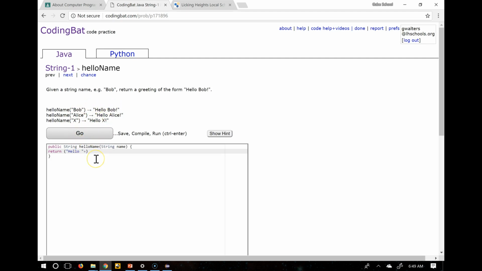So I'm going to put a plus and I'm going to type name. I'm not going to type Bob. If I type Bob, it will only work for one case. So if you want to see it like that, if I type Bob, and then we know that we need to have an exclamation mark to finish it off. And then with every line, I need to finish off with a semicolon. So if I click go,